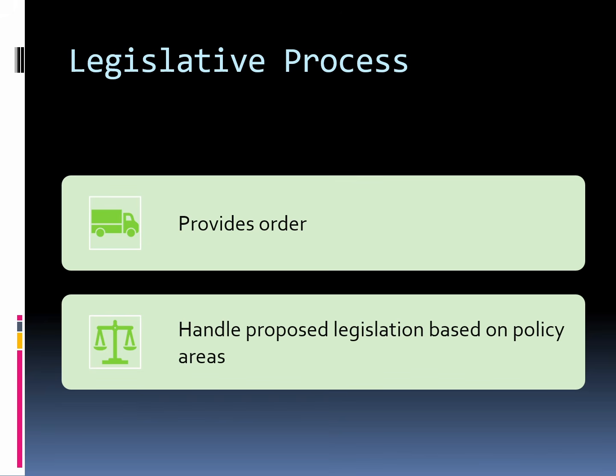We'll be talking about each of the chambers, and the chambers are the House of Representatives and the Texas Senate. These bills are introduced, and they are the proposed legislation. The bills introduced are handled by a substantive policy issue committee. What that means is that if a bill is going to be introduced on, say, education, it should go to a committee that handles the legislation responsible for educational bills.